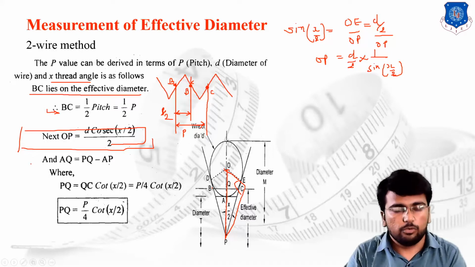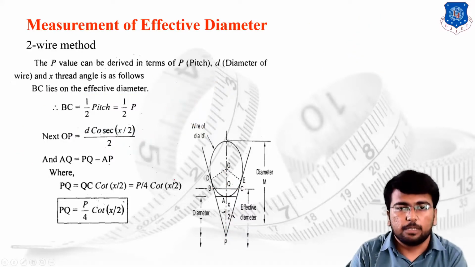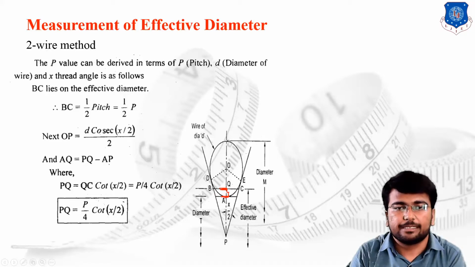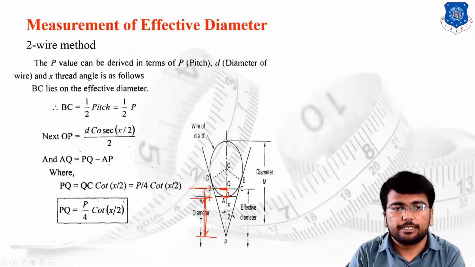Then we know from the figure, you can check the particular value of AQ, because we are supposed to consider this particular AQ. We have the prime requirement of this AQ. What do we mean by AQ? I can say that AQ is equal to PQ minus PA. So AQ is PQ minus AP. Well, what is the PQ?